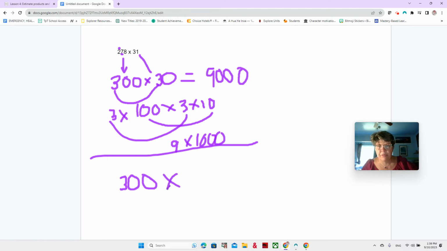Keep the 31. That would make it a little bit closer, right? Could we do that? Some people can think about how 3 times 30 is 90, and 3 times 1 is 3. So that's 93, right? So think about it this way. If you had 31